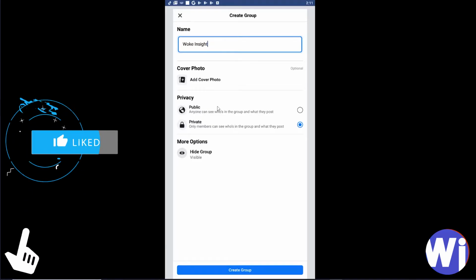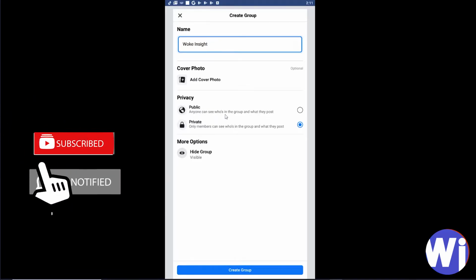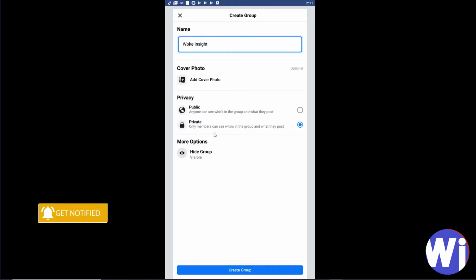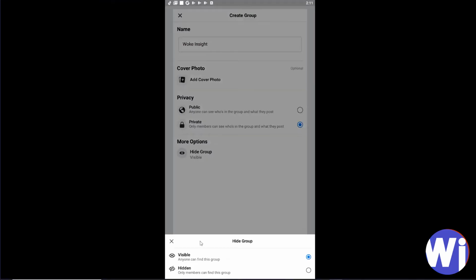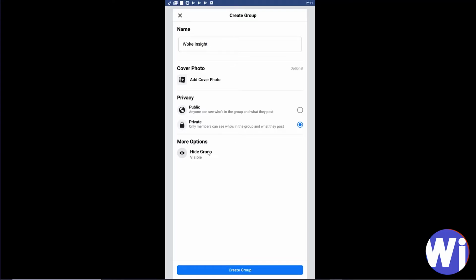The privacy, you can keep it public where anyone can see who's in your group or what you post, or you can keep it private, and only the members can see who's in there and what's been posted. You can either choose to keep the account visible to everyone or hidden, but we'll keep it visible for now, and we'll make it public. And then you click on create group,